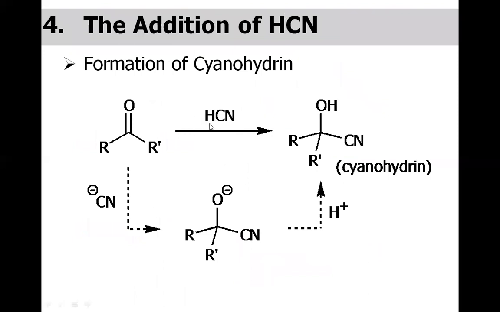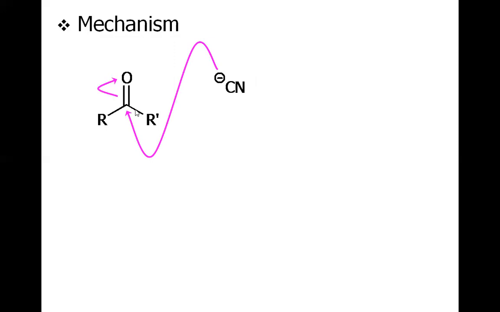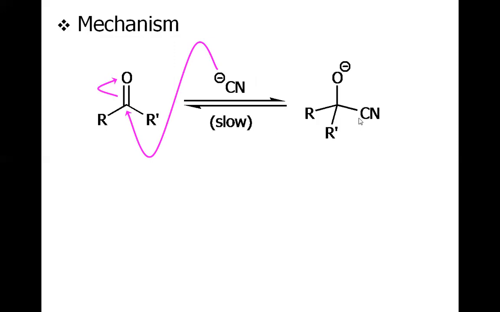You could see the example, and this is the carbonyl, whether it's ketone or aldehyde, the CN is added to this carbonyl carbon and OH is there. So we have this compound which is called cyanohydrin. The word dictates its structure. Cyano means CN and hydrin means hydrogen, and hydroxy is present on the same carbon. What is the mechanism? The nucleophilic attack of cyanide to the carbonyl carbon to afford this tetrahedral intermediate, and then